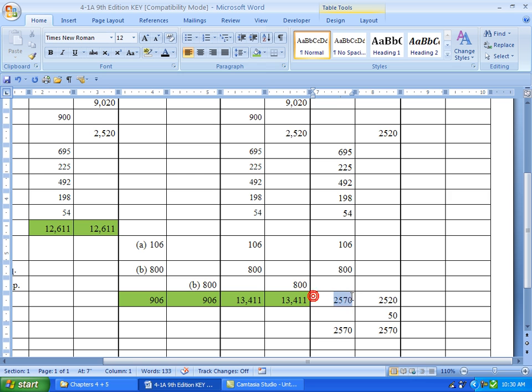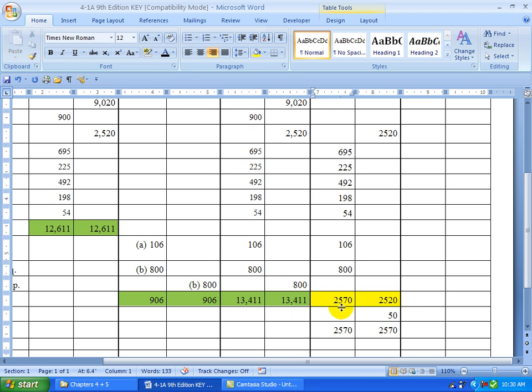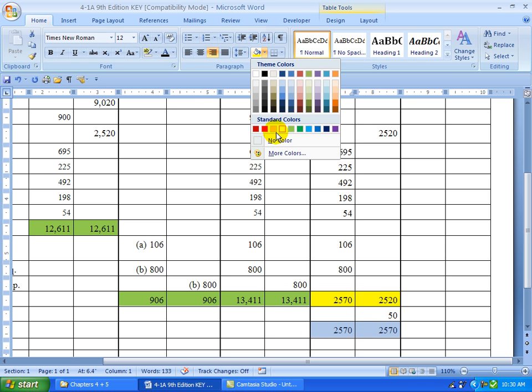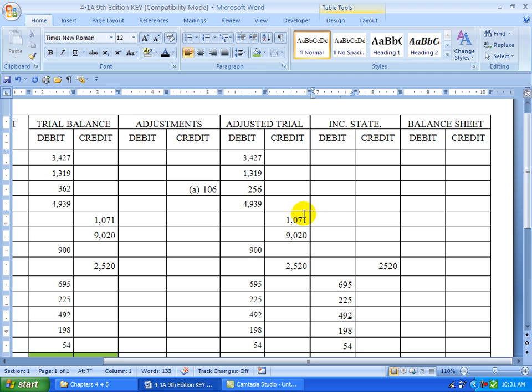Okay, so here I'm going to put these in yellow just to show you that there's a single line above but no double line underneath. But with this, our ending total, this will be a single line above what's in green and a double line underneath. Going on to the balance sheet,